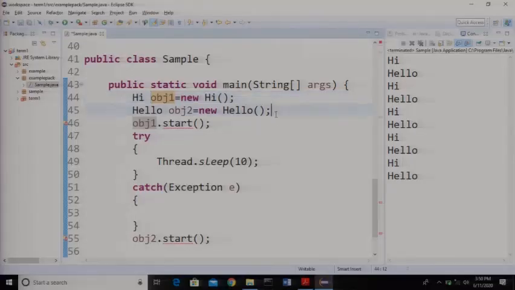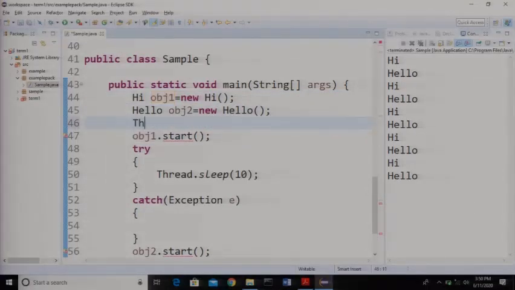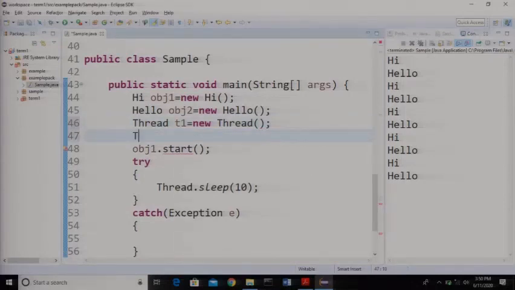So let's do that here. Thread T1 equals new Thread, and Thread T2 equals new Thread, and using these threads we have to call the start method, that is T1.start and T2.start.